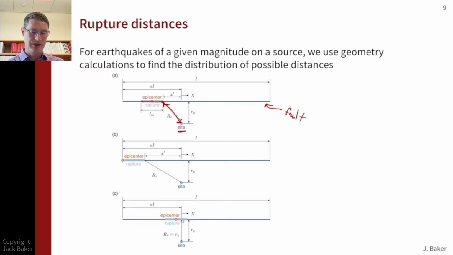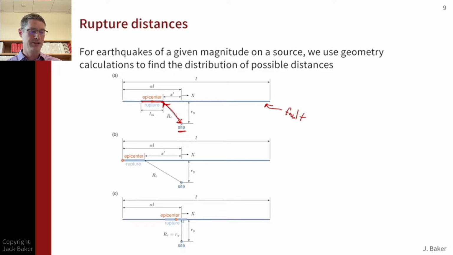And then what we'll do is we're going to vary the rupture location within our plausible locations. So in figure B, we've got a rupture that's all the way to the left, and we would have a corresponding distance for that case that's larger. In panel C down at the bottom, we've got a rupture that comes by the closest point on the fault to the site, and so our rupture distance would be this kind of perpendicular distance here. Okay? So we could vary that rupture back and forth across the fault and find all the different distances